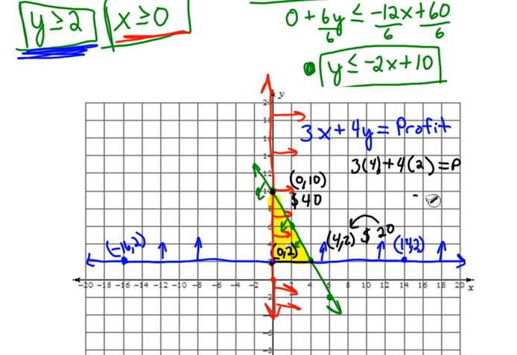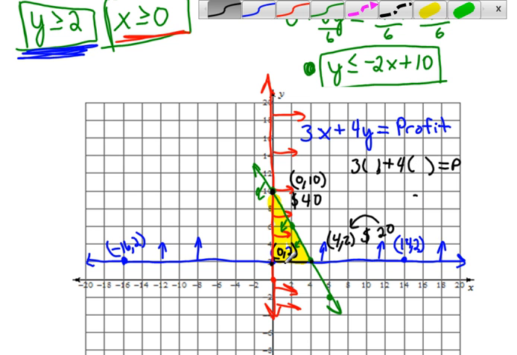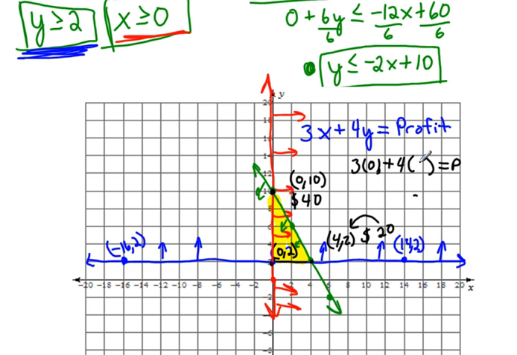And then the last one to check is 0, 2. So put a 0 and a 2 in. 3 times 0 is 0, plus 4 times 2, that's 8. So 8 equals my profit, and that's $8. So this guy gives me a profit of $8. So which one gives you the most profit? Right here. So what we need to write is that